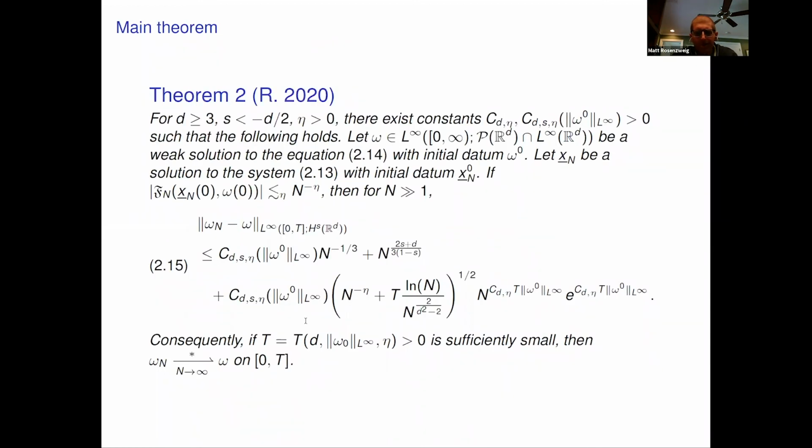And I'm going to skip over this theorem right here in the interest of time, because I want to move on to the noisy case. The punchline is that we can do something similar as before, but we need some stronger conditions. You need a stronger condition on the size of the modulated energy initially. And also, this estimate is only valid for short times based on what we have so far.